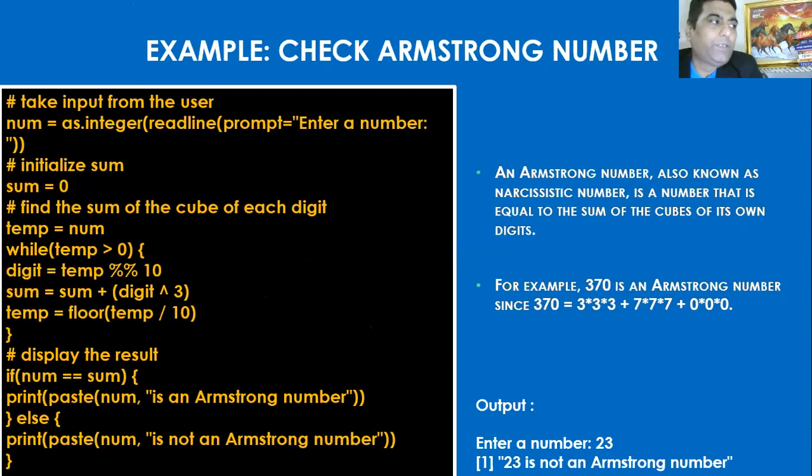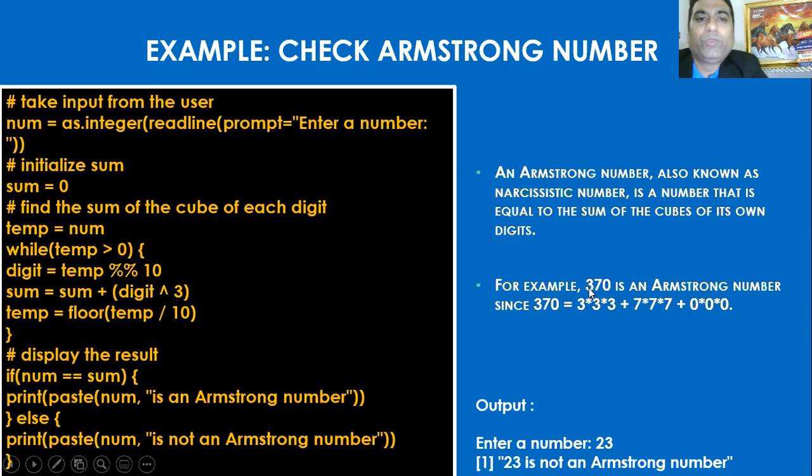So this is the code block I have used to check Armstrong number. Okay. So what is an Armstrong number? An Armstrong number is a number that's equal to the sum of the cubes of its own digits. For example, I have used here, if you see,